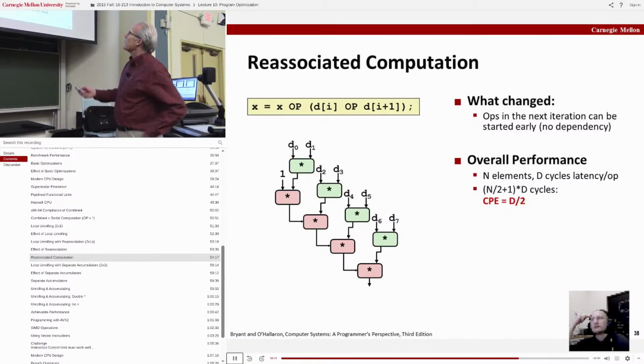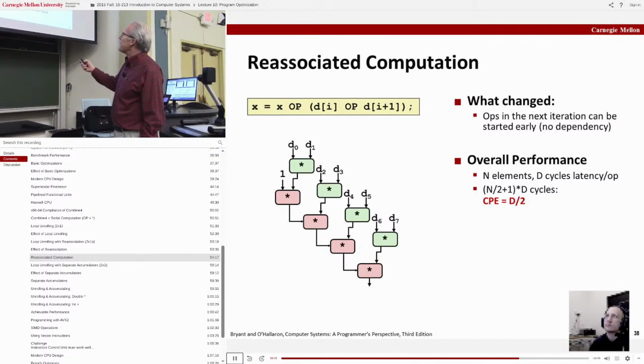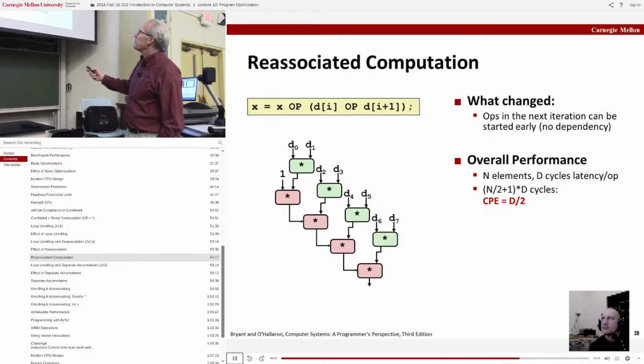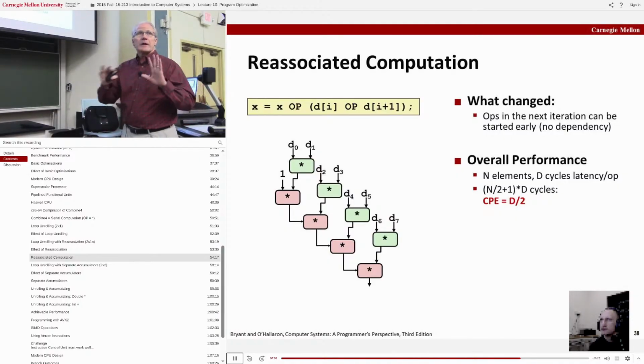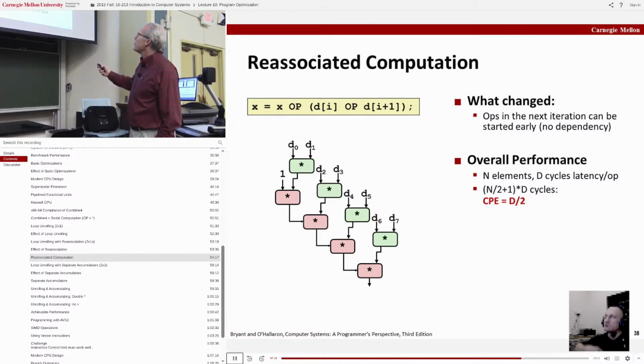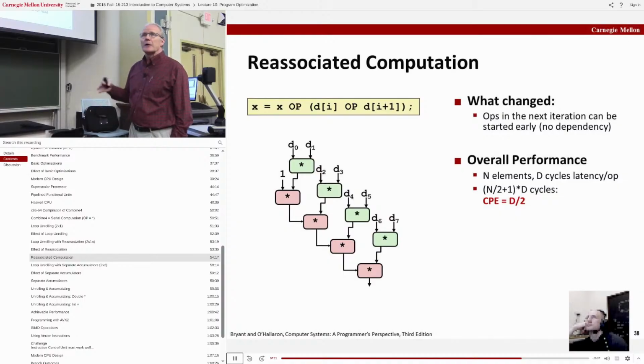Now there's a new set of bounds. A bound is what would appear to be the best you can do based on some constraint in the program. Before, the latency, the total time through for a given operation, was a bound. Now there's an even more fundamental bound, which I'll call the throughput bound, which is based on the fact that I only have so much hardware out there, and I can only pump it so fast. So for example, for these two, the throughput bound is 1 because I only have